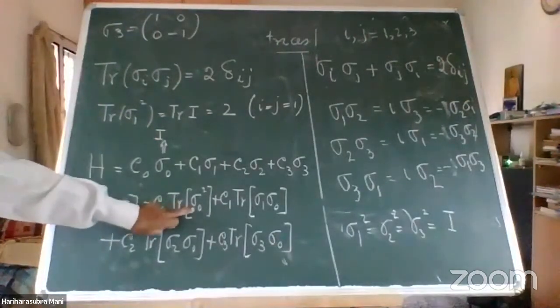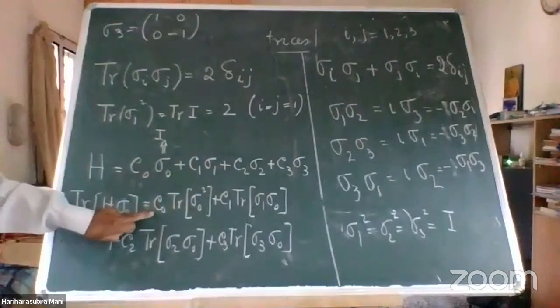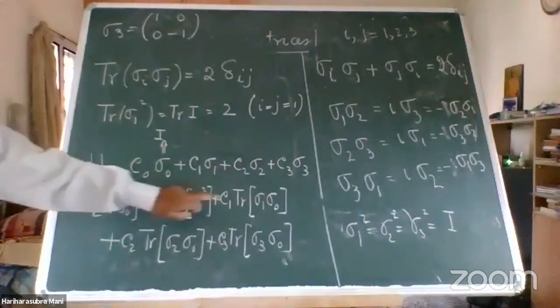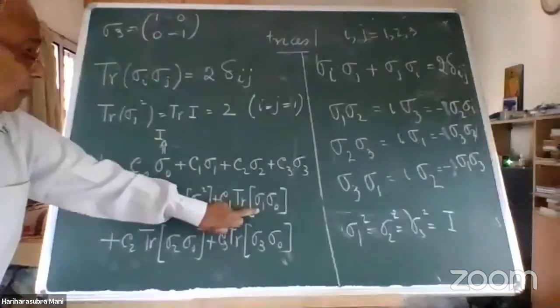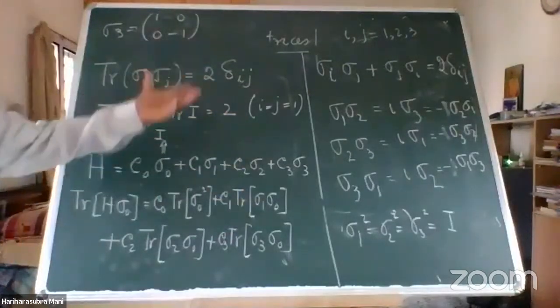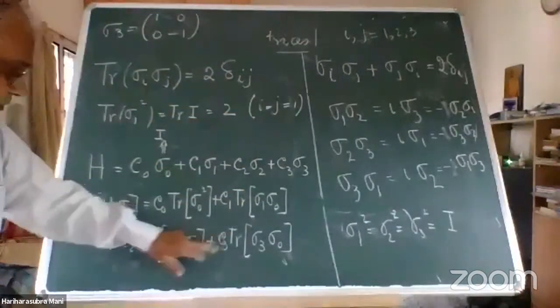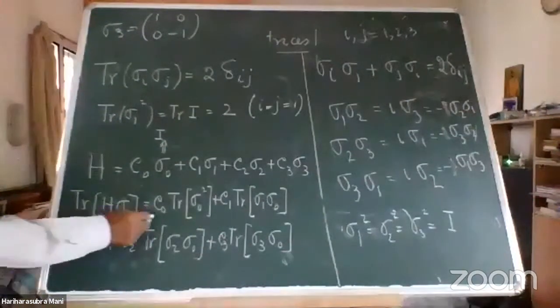This is the identity matrix, so this is just 2 C0. This is trace of sigma 1, but trace of sigma 1 is 0. Similarly, this is 0. So I get C0